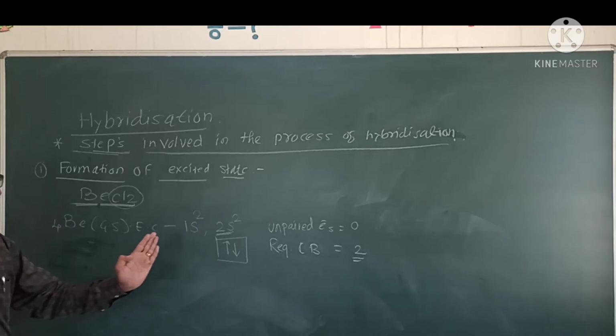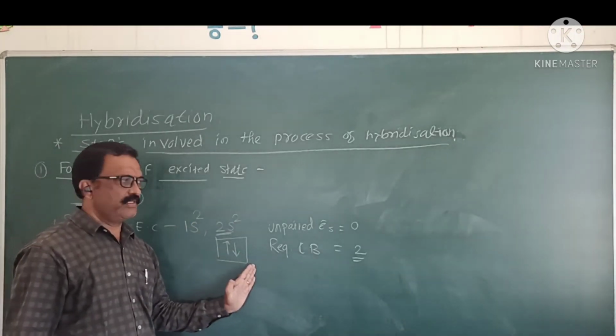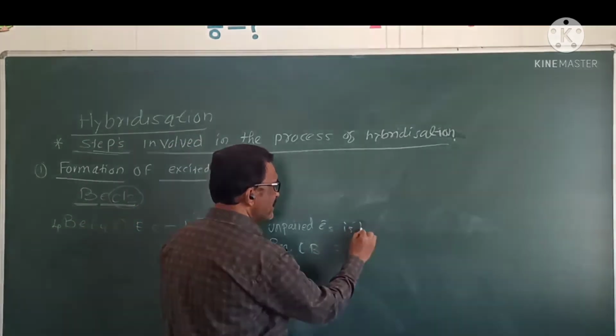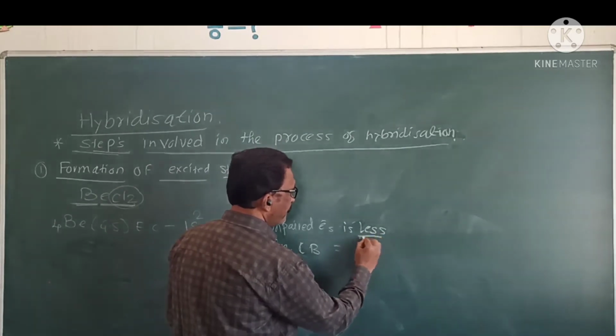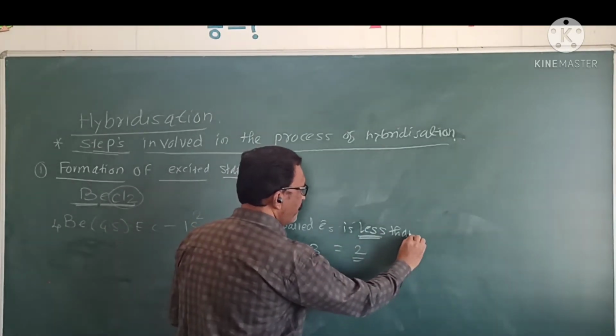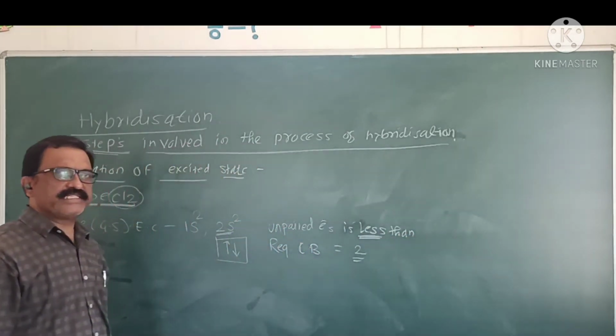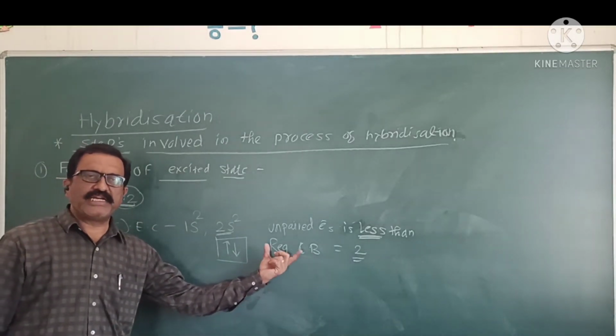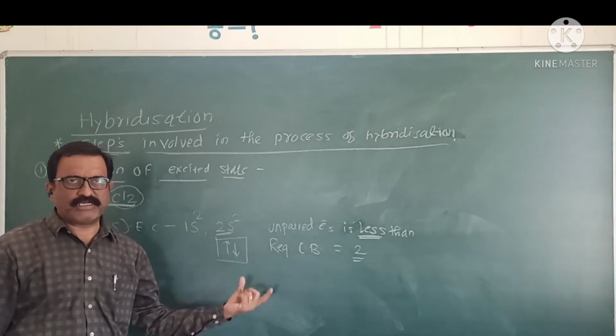When the number of unpaired electrons is less than the number of required covalent bonds,